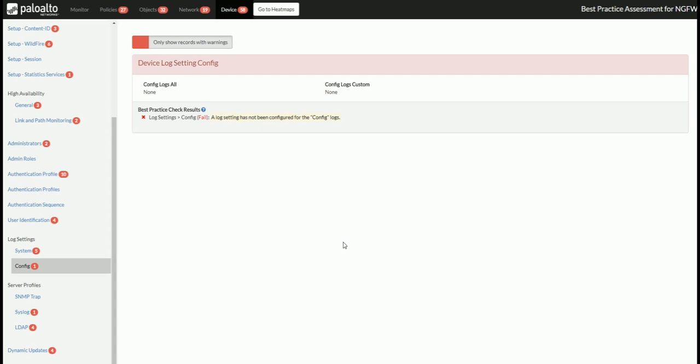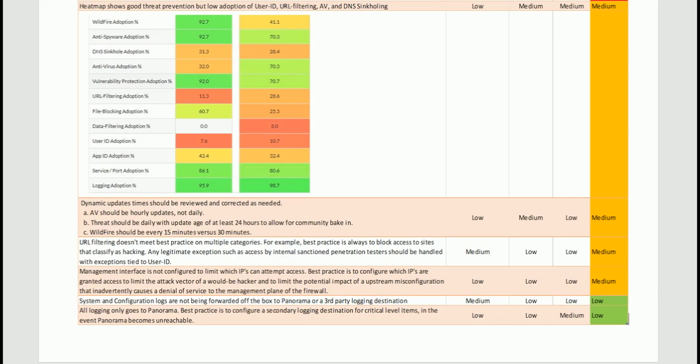And then the last thing we were pointing out is that the way things are set right now, logging is only going to Panorama. I don't have it here in a best practice for us to take a look at, but Panorama itself is not logging anything. So right now Panorama is where all their logs live. So should they lose that Panorama box, and it's a virtual box for their environment, then there's no place for